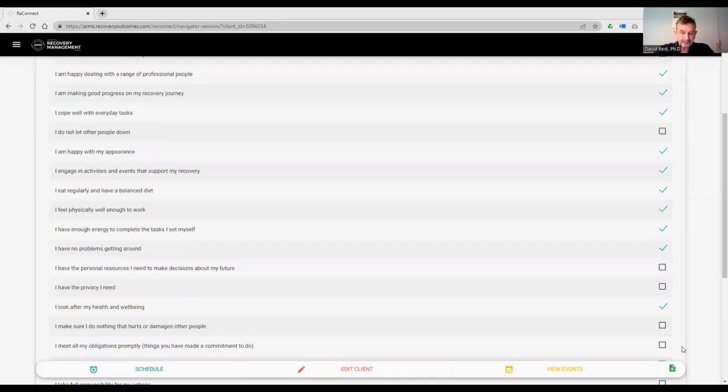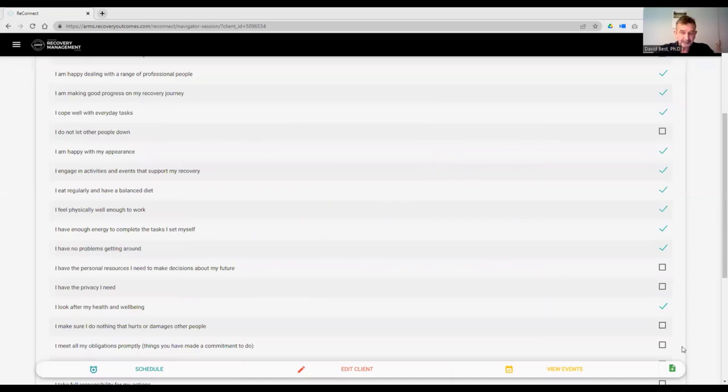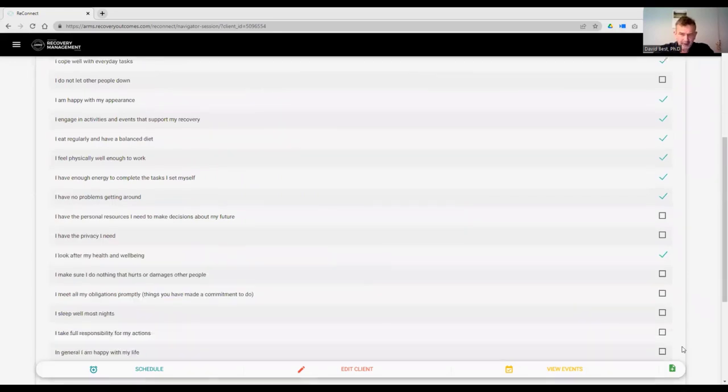So essentially, we ask people to fill this in, and this is probably one of the sections you may choose to allow the client to sit in the chair and tick the boxes, and you watch and observe them doing it so that you can monitor their completion of the section. When you get to the bottom, you simply click onto the next button, and it will do exactly the same thing for social recovery capital.